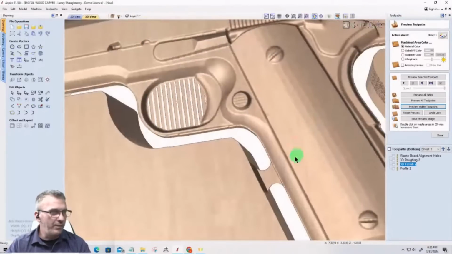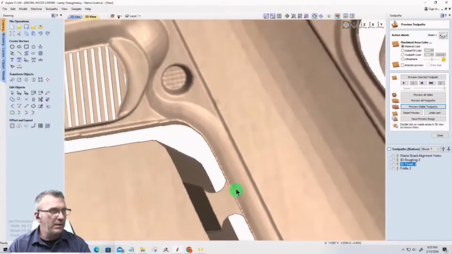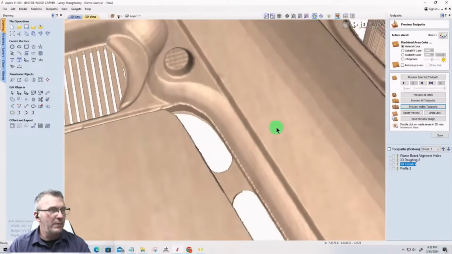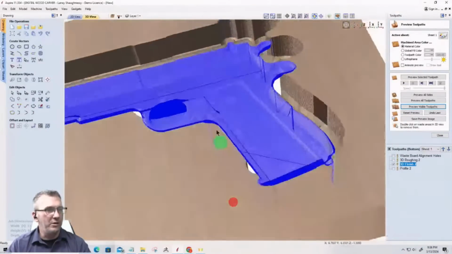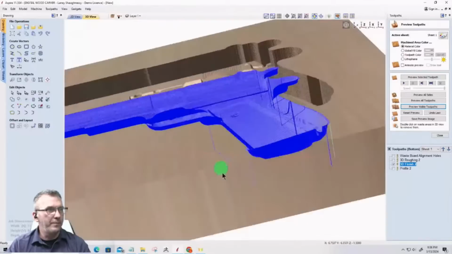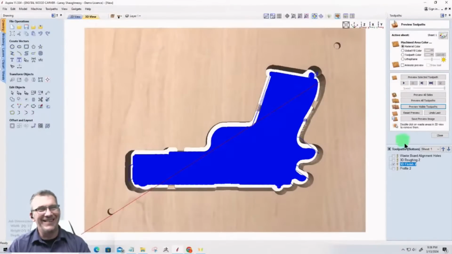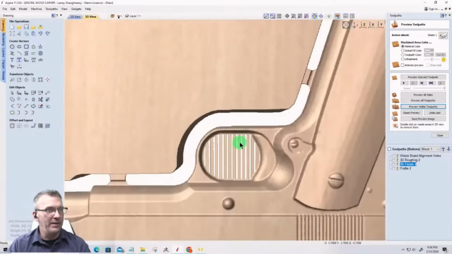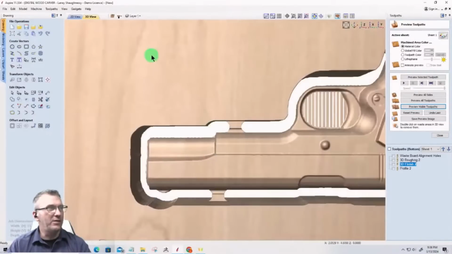And so, not really. Not much. Let me look at the tool path. I want to make sure that, oh, it would help if I was looking at the correct side. Yes, that cleaned it up. So let that bit go past. So let's go to the other side and do the same thing